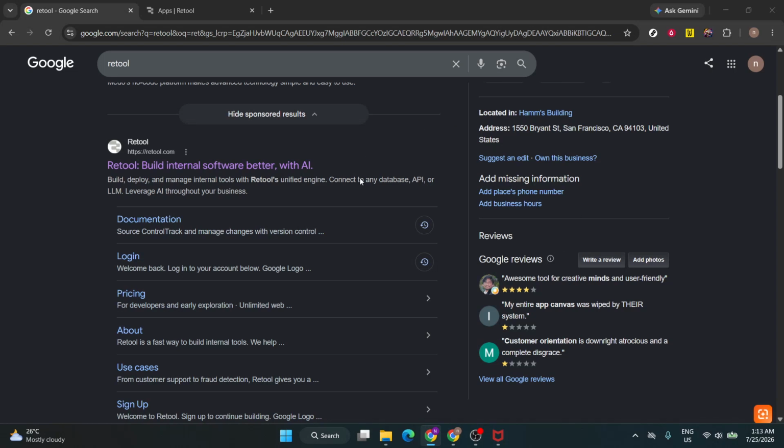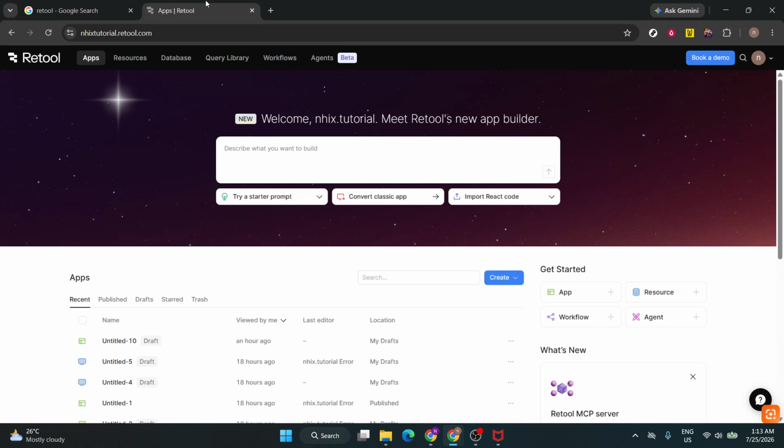In today's video, I'm going to teach you how to use ChatGPT in Retool 2026, step by step. To get started, open Retool in your browser. Once the platform loads, take a moment to orient yourself with the interface so it's easier to follow along. We'll be working from the main area of the dashboard, and everything you need is accessible from the top section